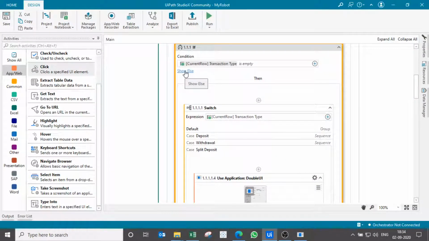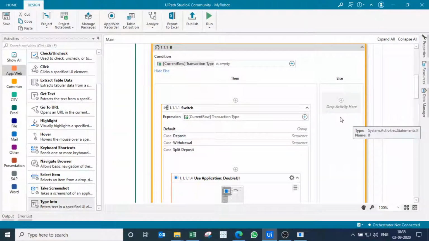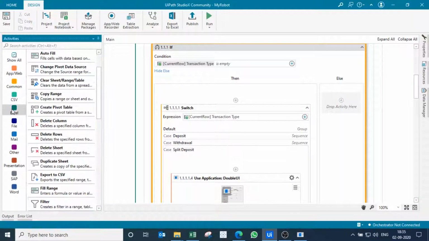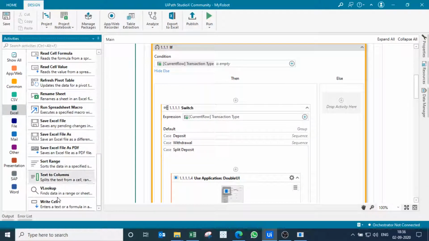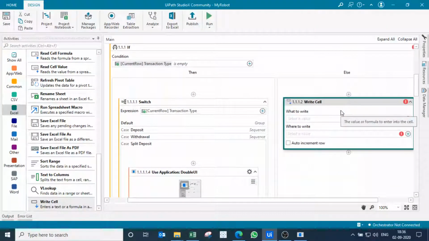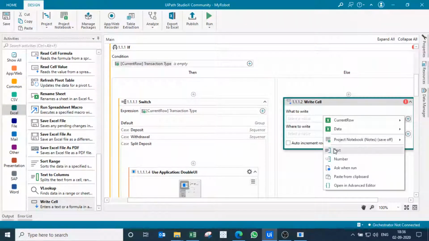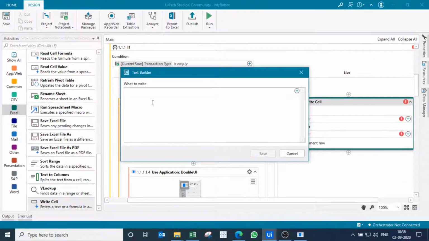So we will click on the show else. Now in the else condition we have to add an Excel action that is called write cell. So we will use this write cell. This write cell is being used to write something on the Excel cell. So let us click on this, and we know what to write. We will add a text that is